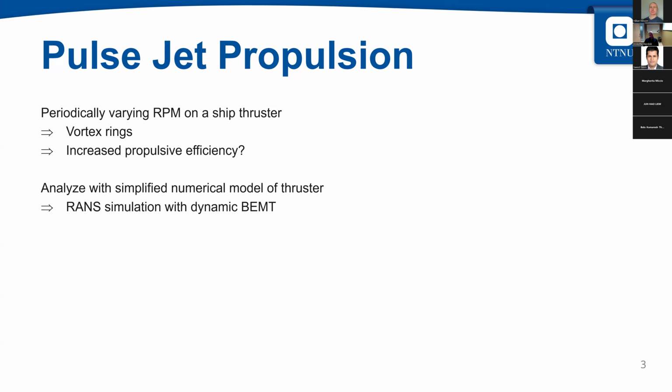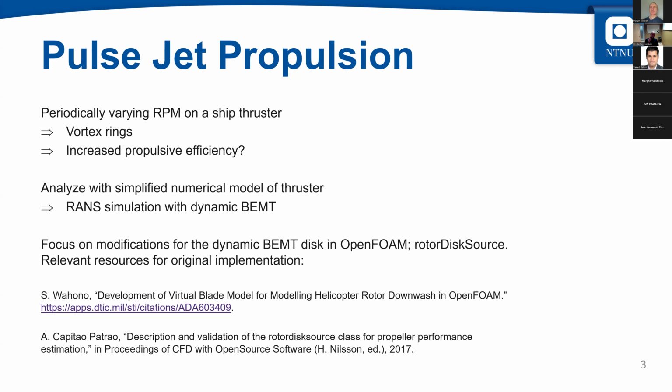And then we want to analyze this in CFD with a simplified model, as it is more consuming to run full geometry simulations. So the approach is this dynamic blade element momentum disk. The focus of both the project and the presentation is on the modifications. As I mentioned, there is an already existing rotor disk source, so the reference for the original creator of that is linked here, and also a previous report in this project has been presented. So for those interested,